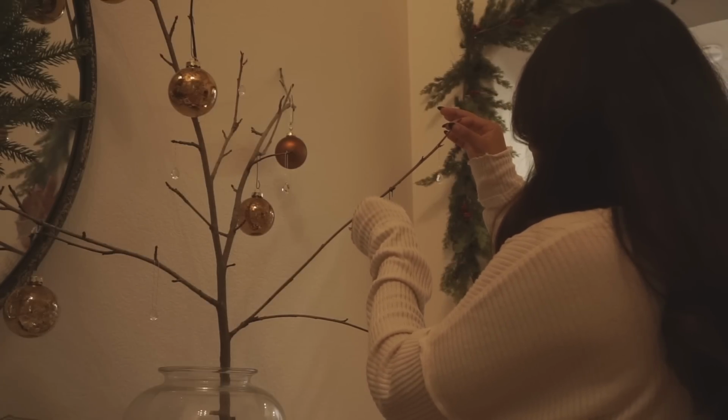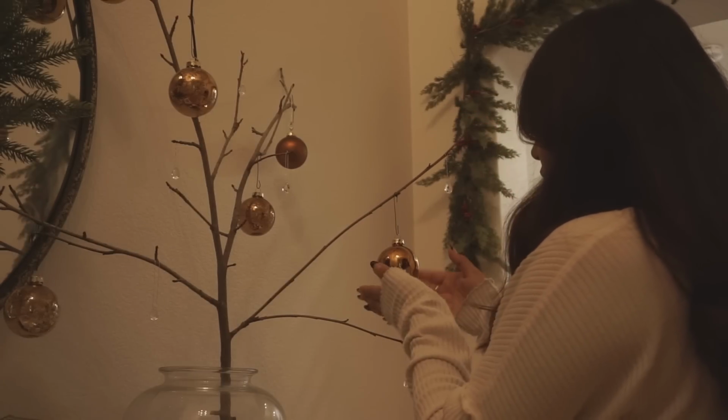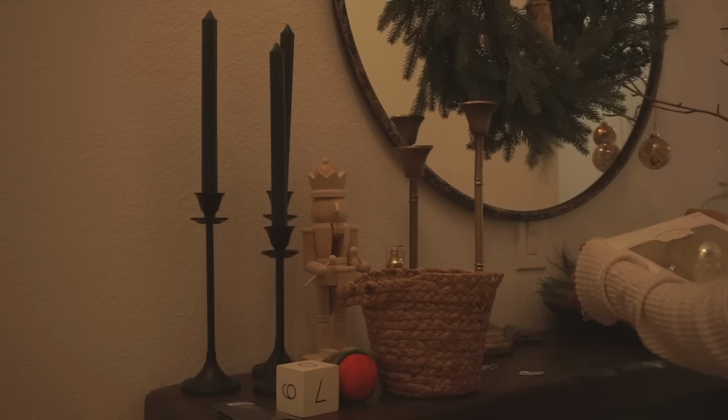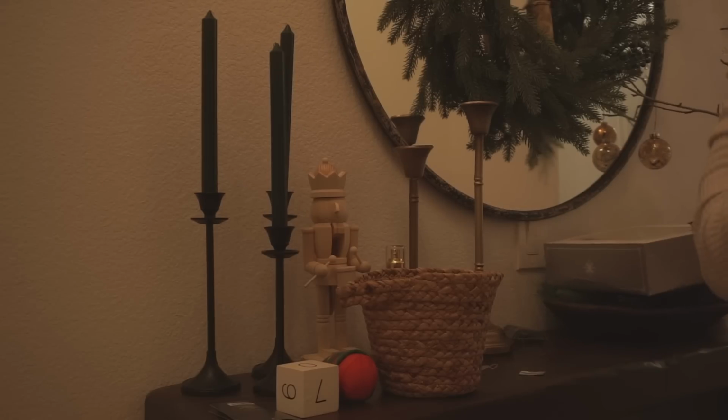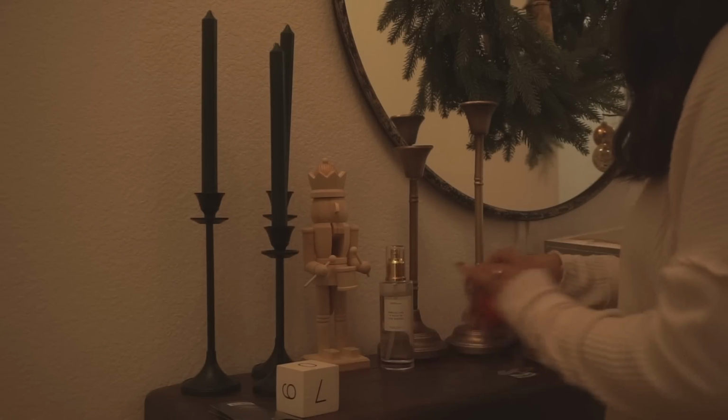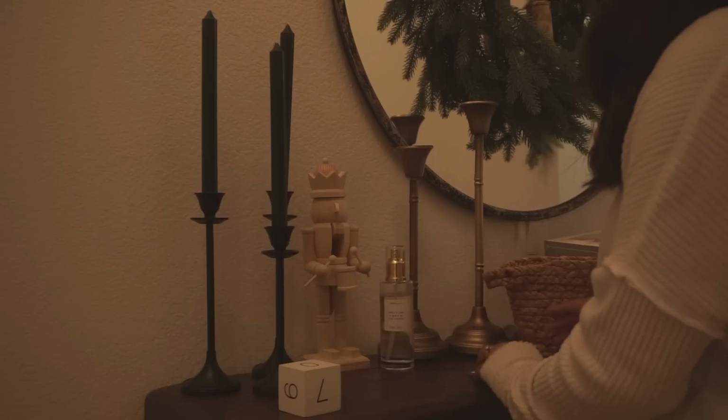And then in this area, if you guys remember in my other Decorate With Me video, I had hung red ornaments, and honestly, I wasn't feeling it. I love the red, but it just wasn't matching with everything else. So I changed it for these brown ones instead that I found at Target,